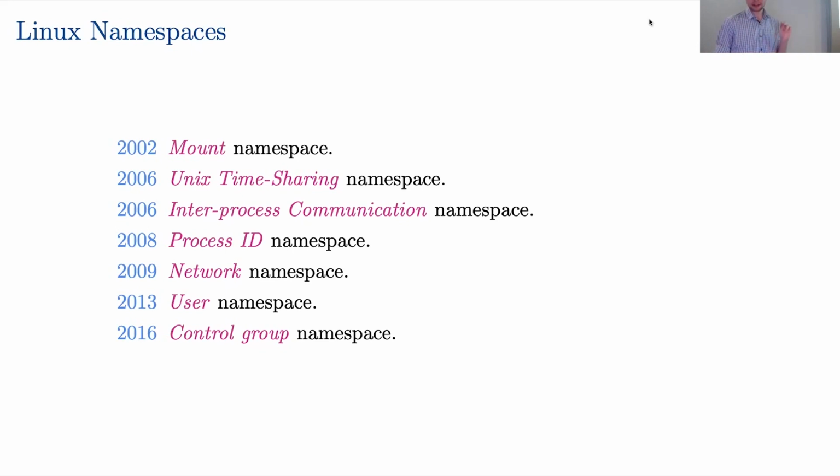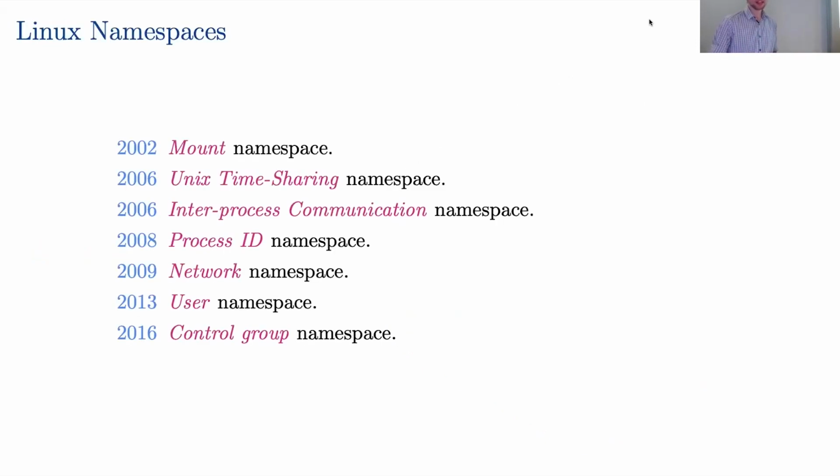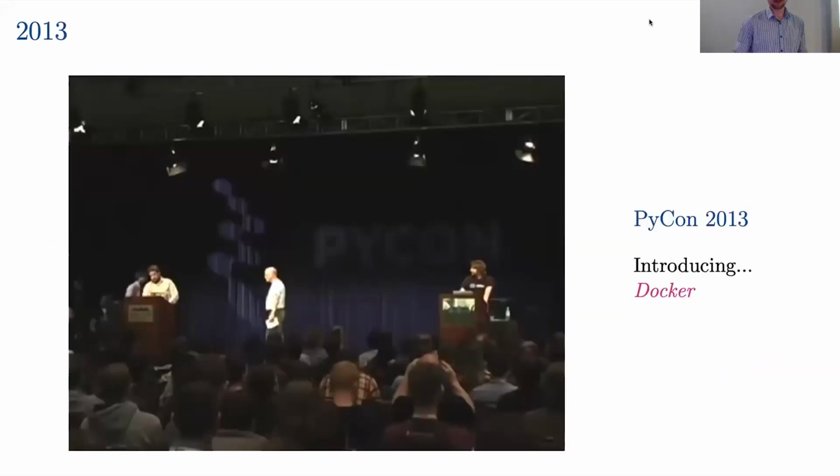So the very first container technology that didn't rely on changing the Linux kernel was Linux Containers around 2008. If we look at this, they didn't have networks properly isolated, but they did have process IDs isolated, which is good. And then later, all the way in 2013 at PyCon, we had Docker, which is where